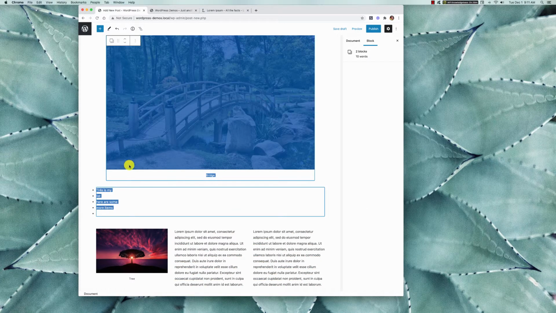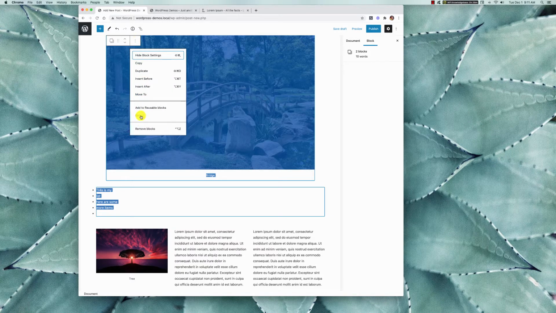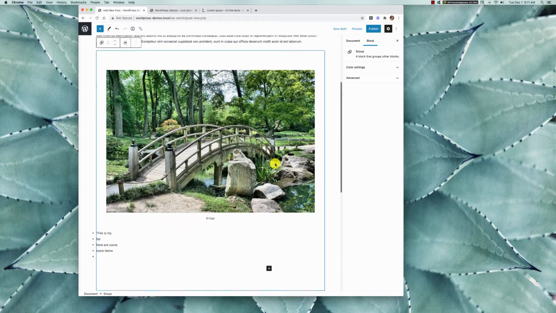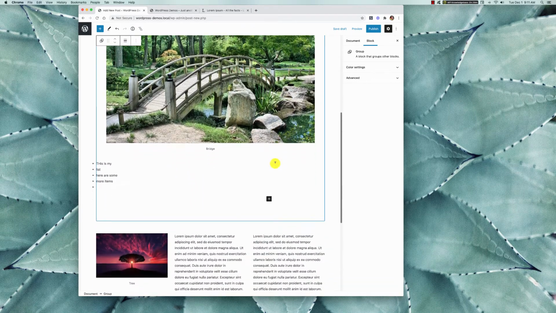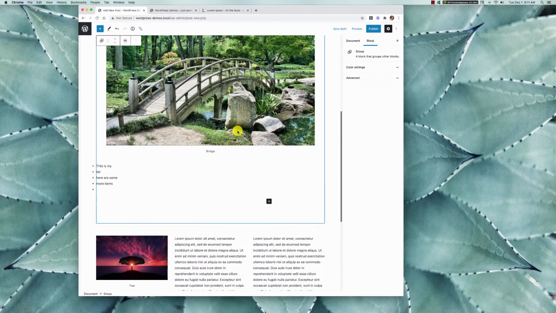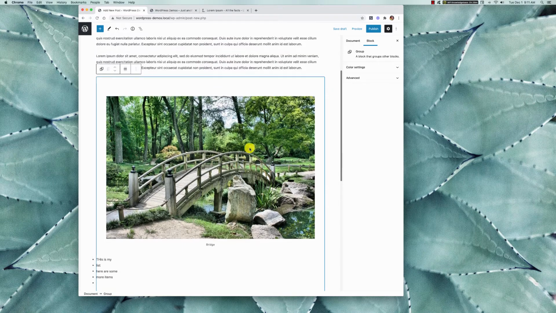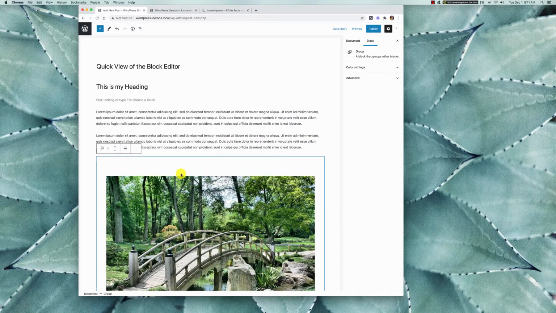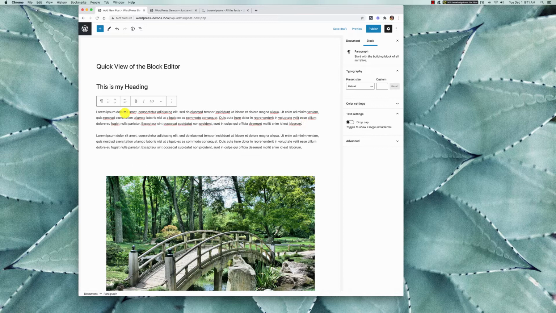I did shift click to select them, and then you can group them, and it'll be one unit that you can copy and paste, and you can add that as a reusable block as well. That's what I was mentioning before. Sometimes you have pieces of text that you want to repeat, and you can create reusable blocks with that. So let's add,